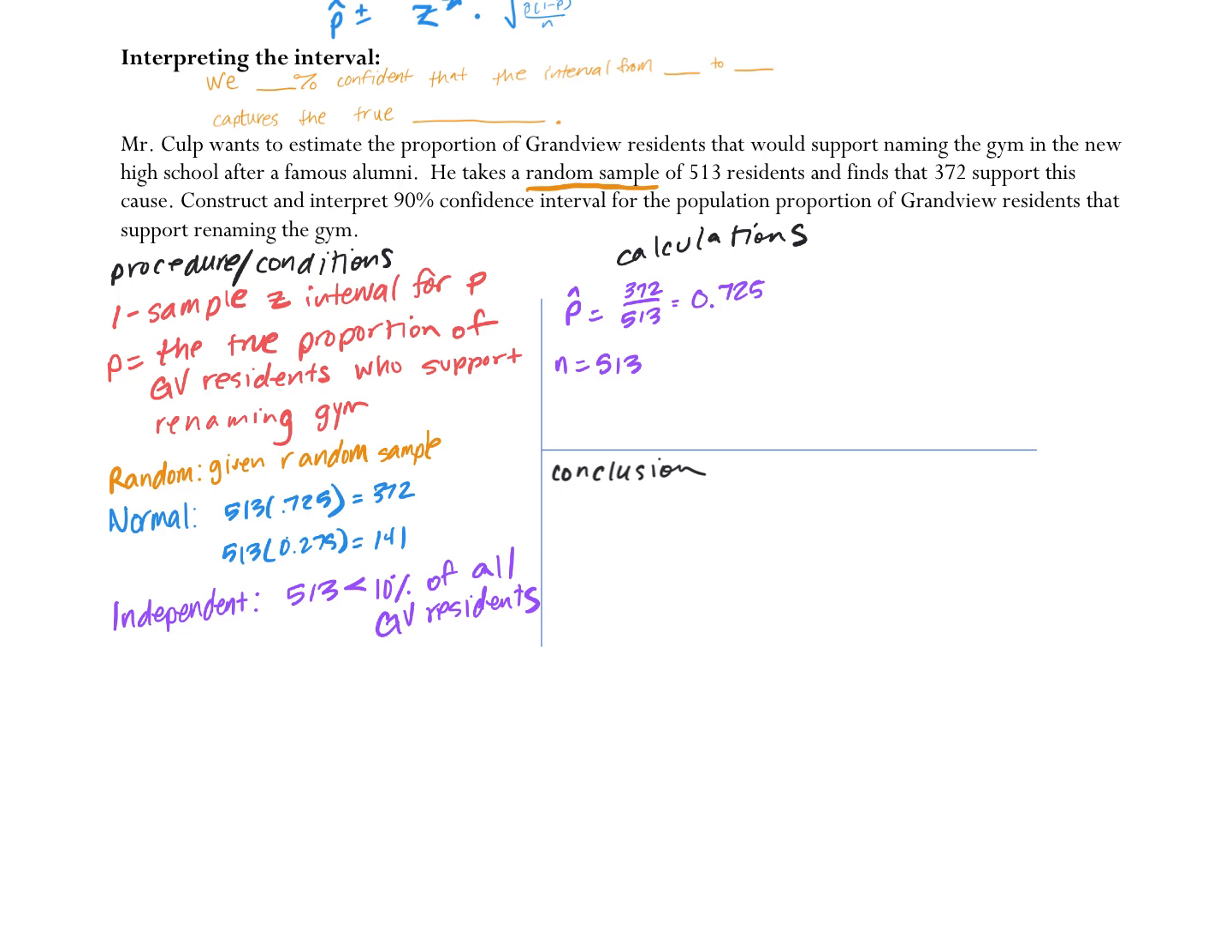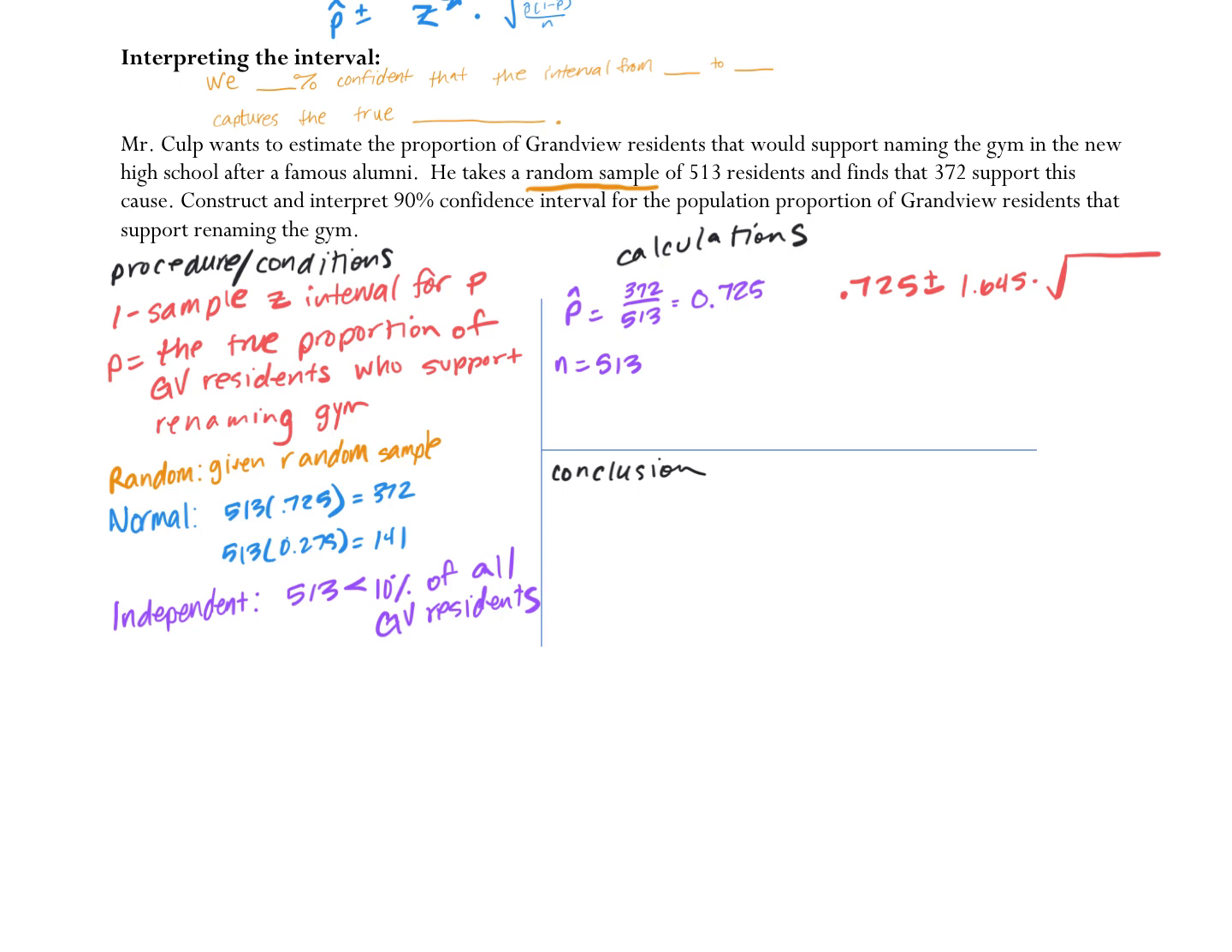Okay, so what is our best estimate for the percent of Grandview residents who support renaming the gym? 0.725, my p hat, plus or minus. If I would like to do a 90% confidence interval, my critical value, that Z star, is going to be 1.645 times. Should we define Z star in the calculations? Remember we went over here when we wrote a one sample Z interval? That's how you're communicating that it's a Z star. Should you put Z star equals under the calculation? Nah, because